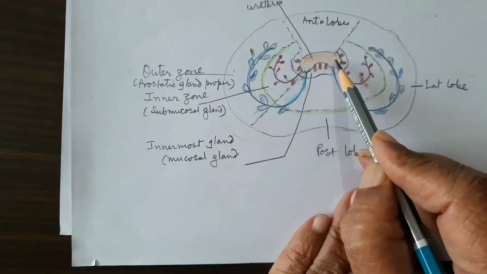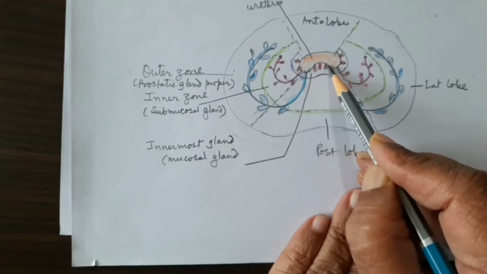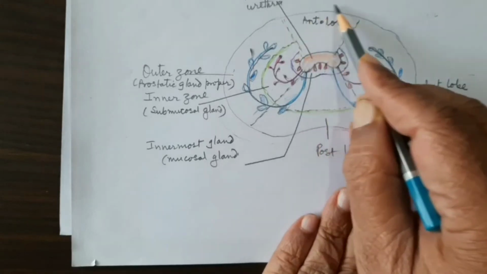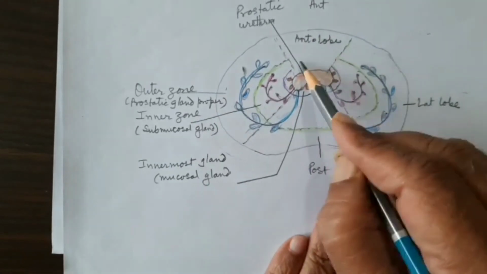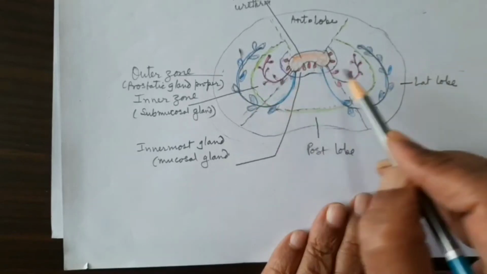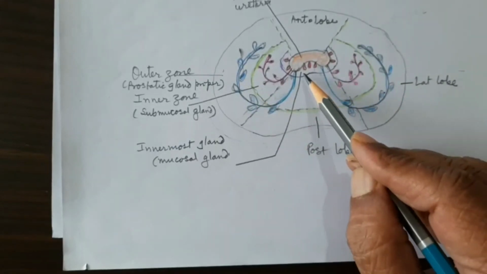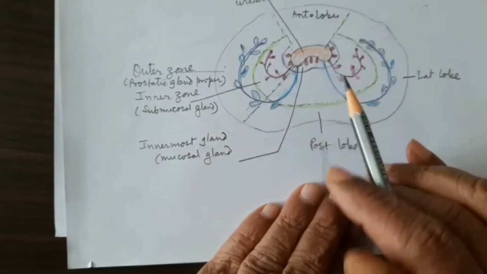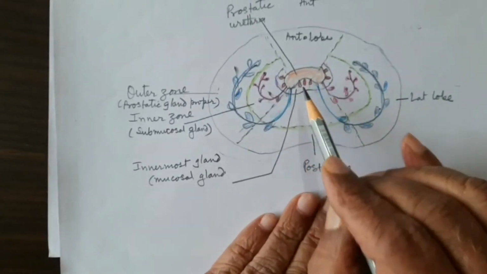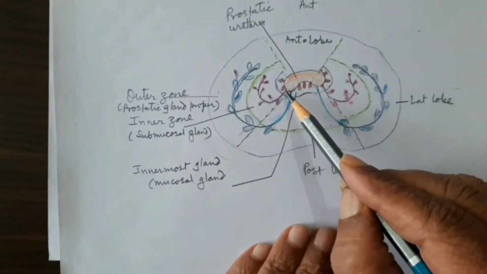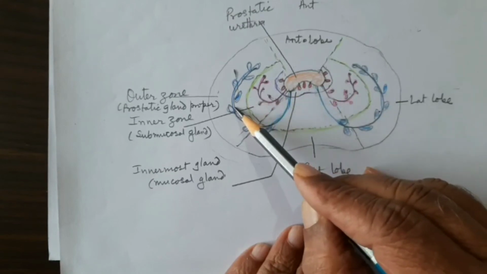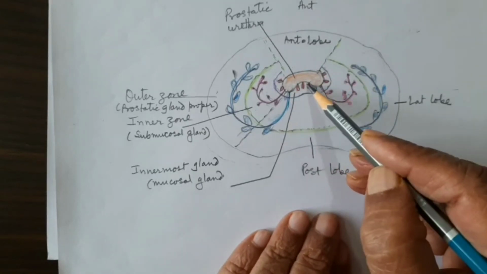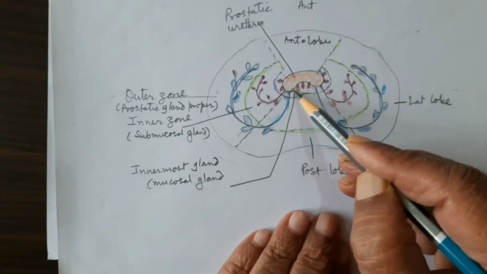Let us see the orientation of this diagram. This is the prostatic urethra, the cavity is here. In front of this lies the anterior lobe, which has no glands. Then these are the right and left lateral lobes, and this is the posterior lobe. The median lobe is not shown because this section is below the median or middle lobe. In color I have shown you the glands, blue and this pink color, these are the glands. Now some of the glands are the glands of the mucous membrane lining it.